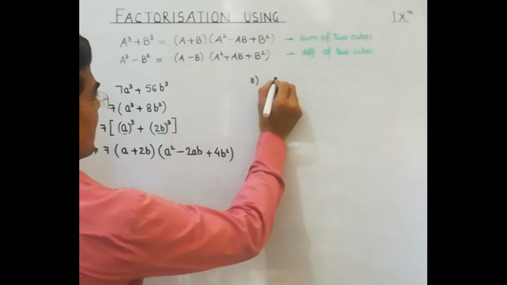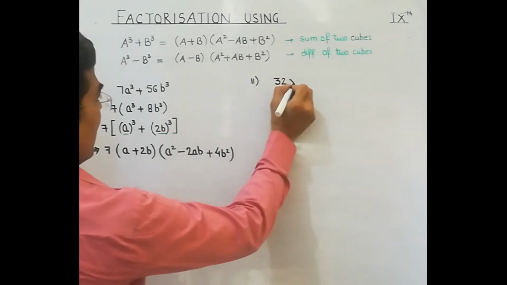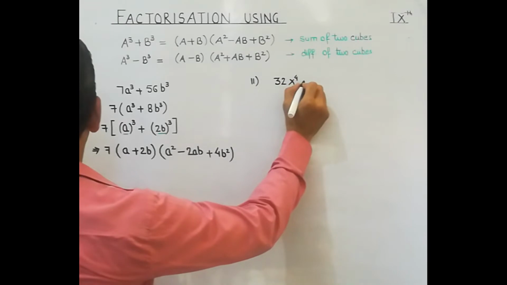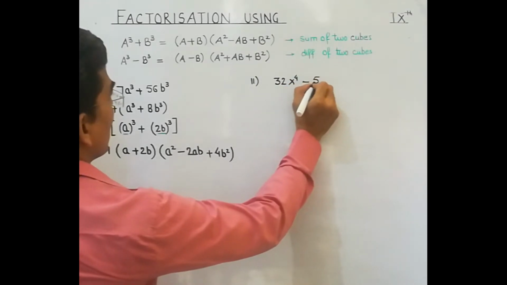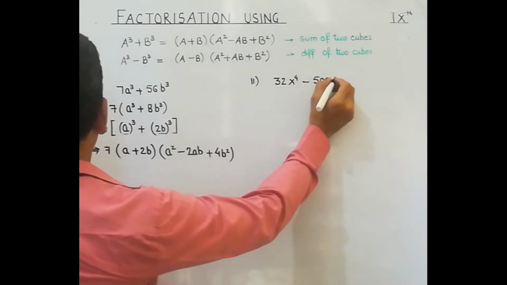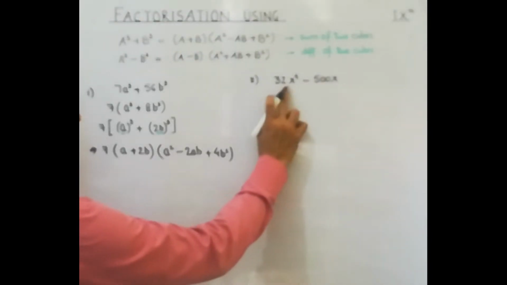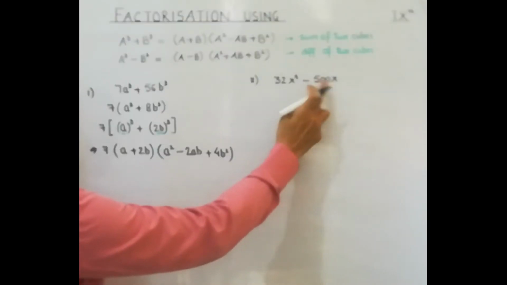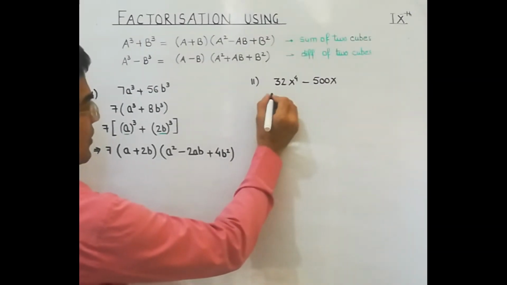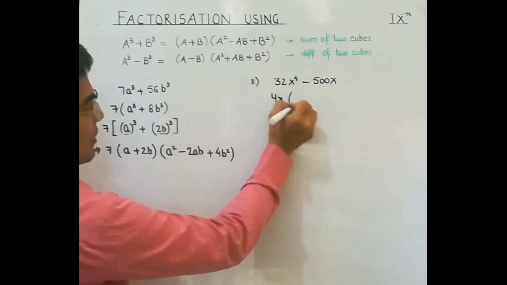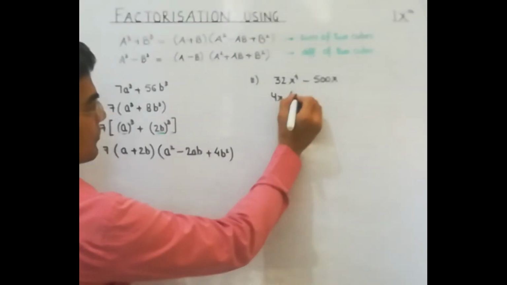It's like this: 32x raised to the power of 4 minus 500x. Now in this question, if you see, again we have two terms. So our first step is to take out common. From here you can see we can take 4 common along with x. So we will take 4x common and we will be left with